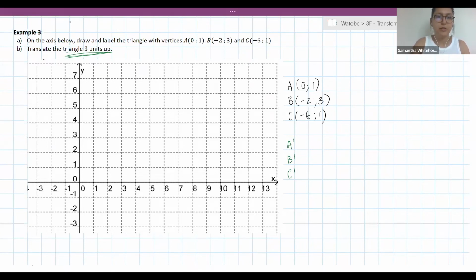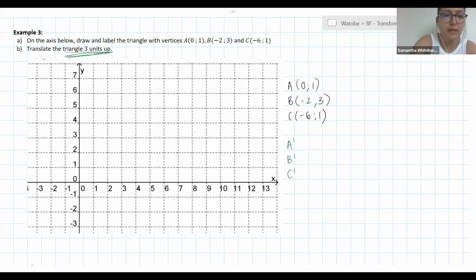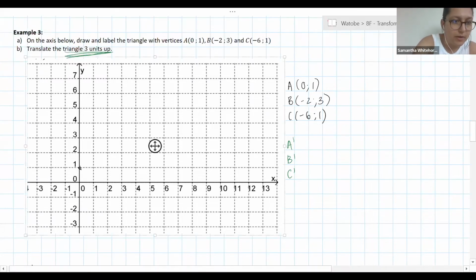Okay, so our original triangle ABC: (0, 1) is A, B is (-2, 3),